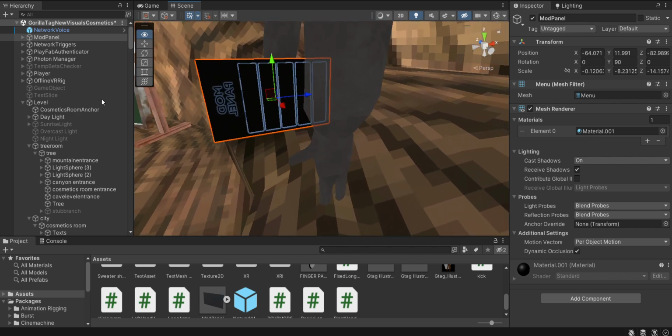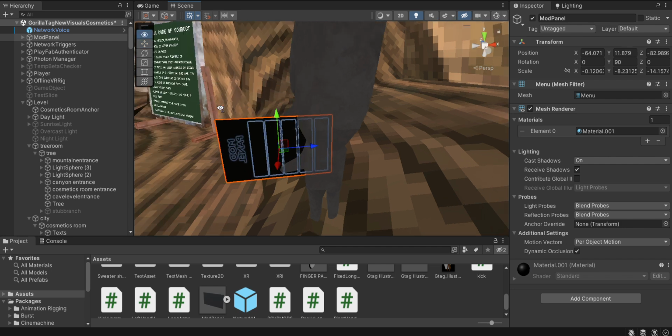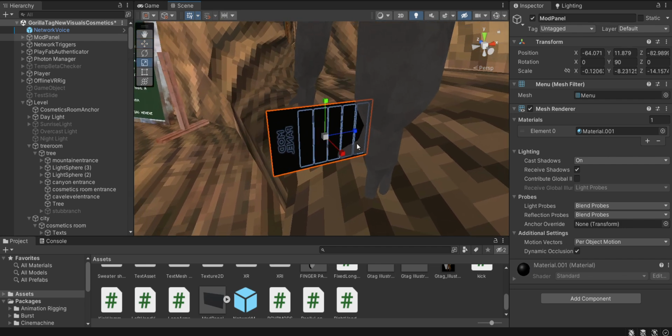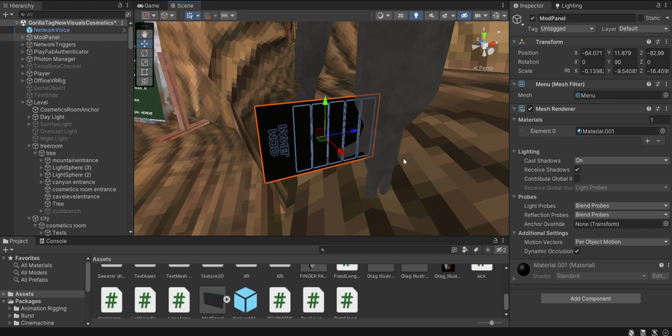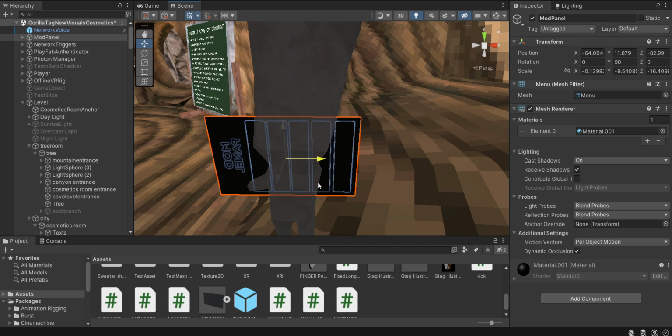And then I'm gonna move it down like that, size it up a bit more, and then you want to move it back on the hand about that much, so about halfway. And then